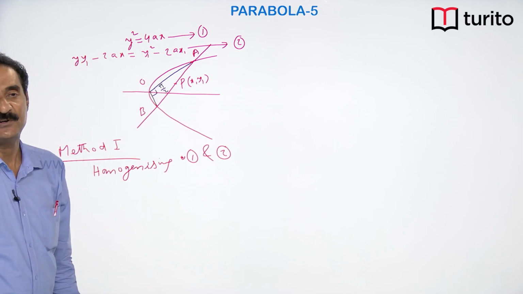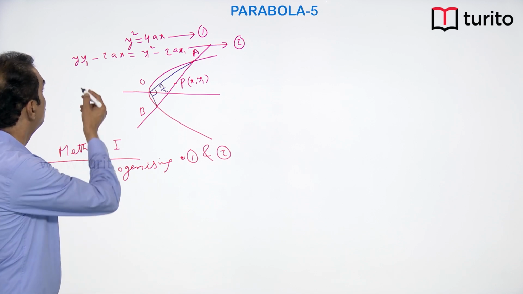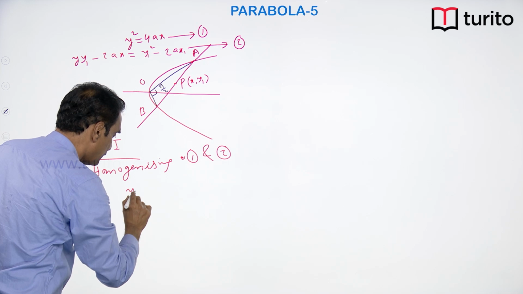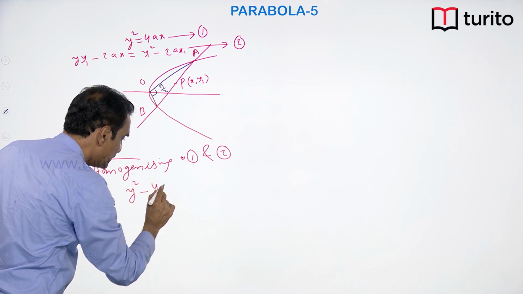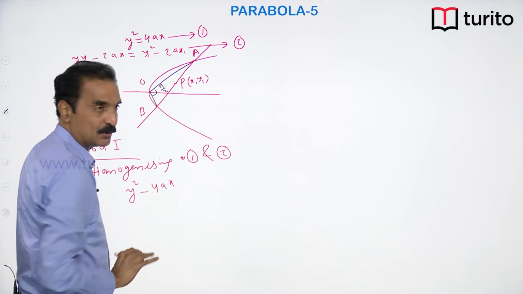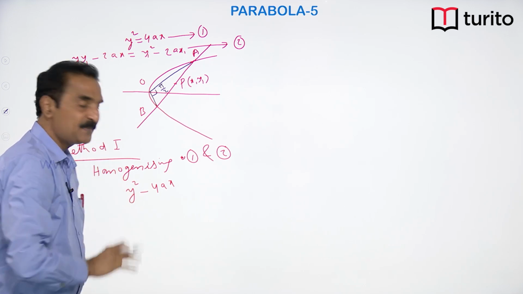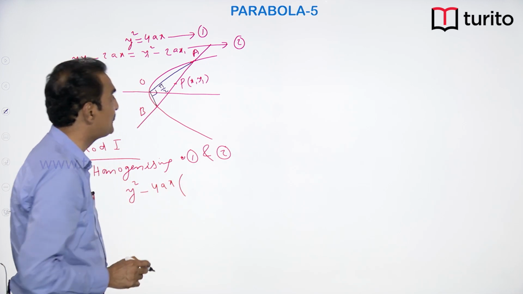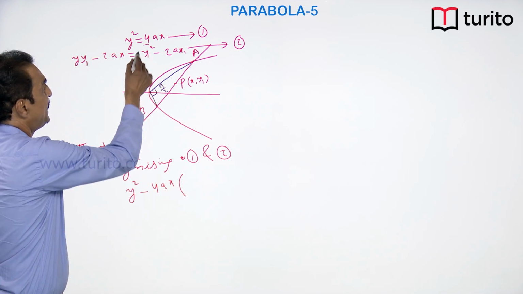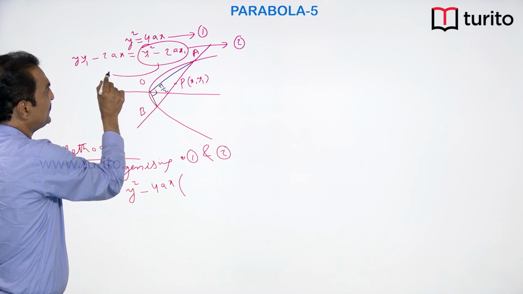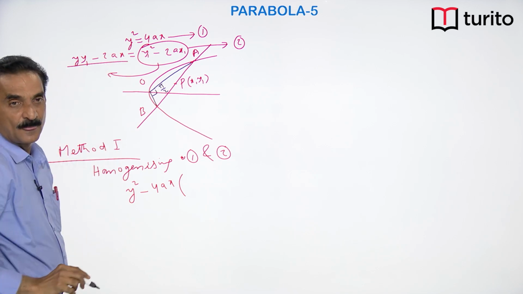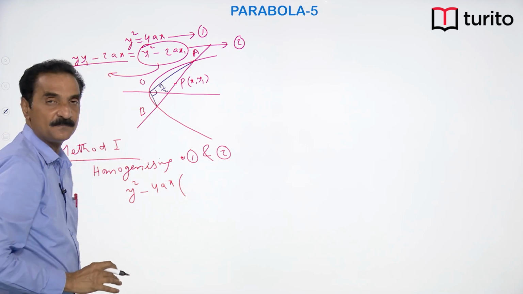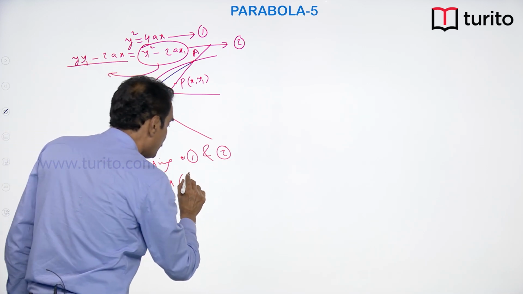Homogenizing the equations 1 and 2. Take the parabola y square minus 4ax is equal to 0 is the equation. You will keep the second degree term as it is. The first degree term should be multiplied by what? Taking this constant term to this side as denominator, RHS becomes 1. We will multiply this first degree term by y1